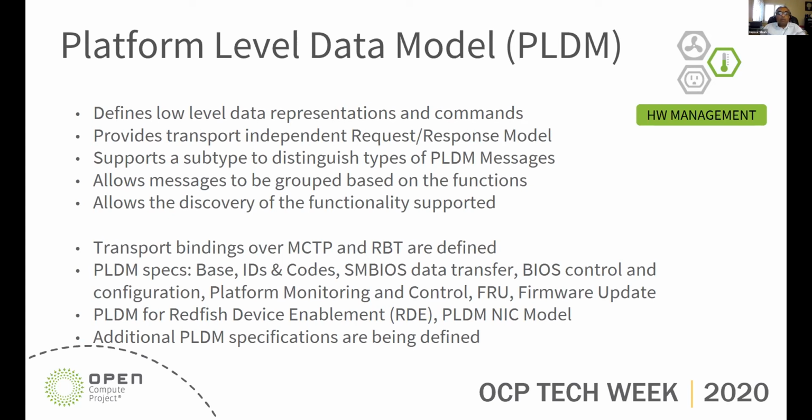There are different types within PLDM, which allow you to do different functionality like BIOS configuration, SMBIOS transfer, monitoring and control, basically using sensor-based modeling, access to data, the ability to update firmware, and Redfish device enablement, which allows you to extend the Redfish